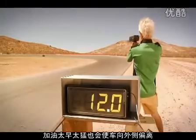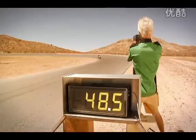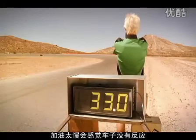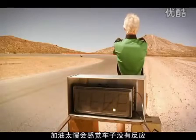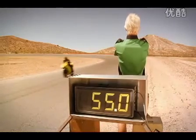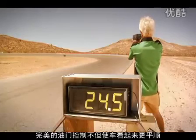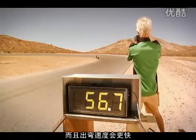Getting on the gas too hard too soon will also send the bike offline, wide. Getting on the throttle too slowly makes the bike feel unresponsive. As we see here, with good throttle control, the bike looks and feels stable on its line and leaves the